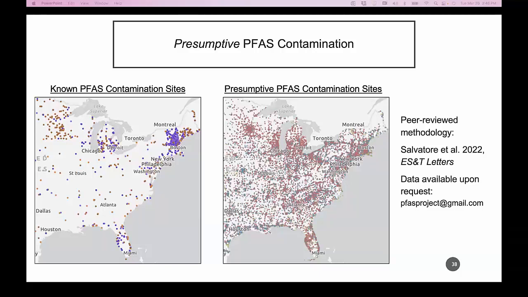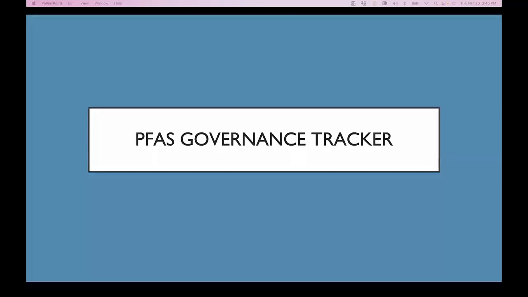And so, as I said, both of these data layers go into our PFAS sites and community resources map, which is on the internet. And also these data sets are available to researchers who are interested in using them or exploring the data. So if you want to go to the next slide, Julia.